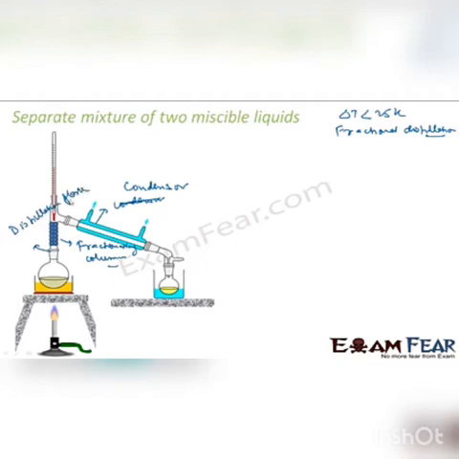Okay, now what this fractionating column does: this is a tube which is packed with glass beads. Beads, you must have played with them when you were a kid. These are glass spherical beads. A sphere has a maximum surface area, so it provides a good surface area. Why? It provides a surface for vapors to cool down and condense rapidly.